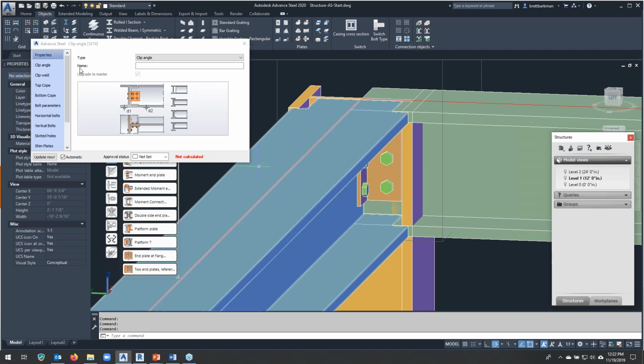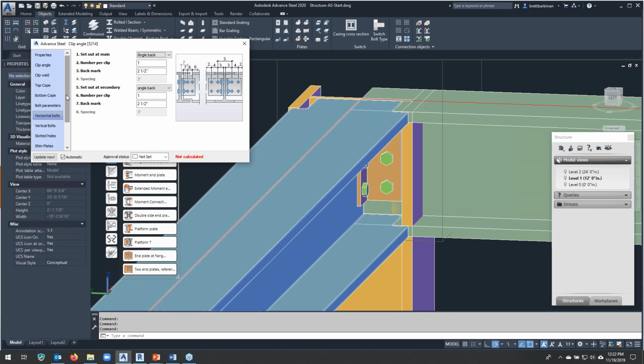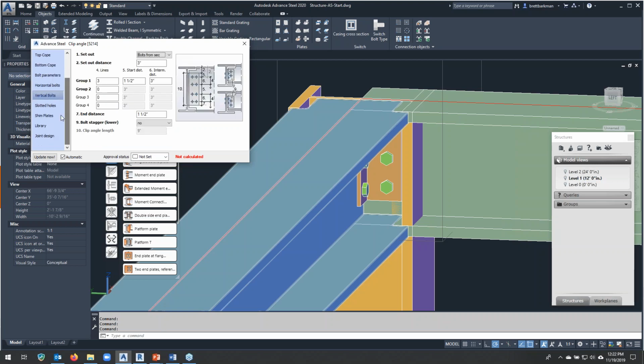Now, in the properties for a clip angle, you have control over everything. The size of the angle, what it's made out of, what the welds are doing, how it's going to be coped. If the beam has to be coped, as you can see here, coping is included in this connection, so you don't have to do that in a separate step. You also have control over what your bolts are doing, how many you have in each direction, your spacing,